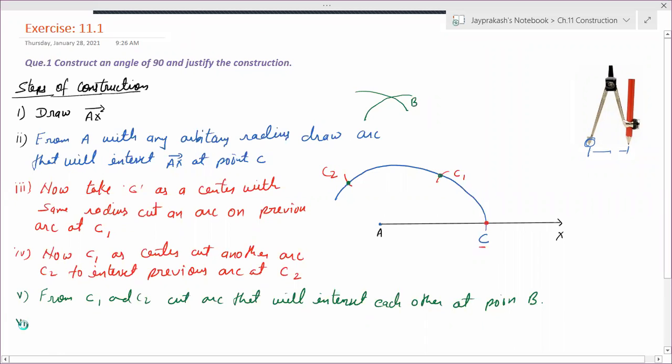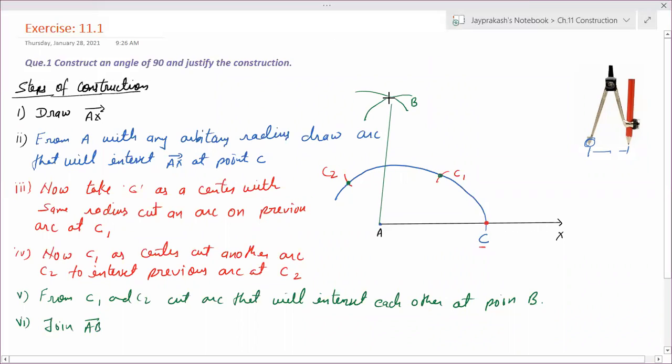Then the last step we will write here, join AB. So we will join A with B. We are getting the wrong position because it's not drawn by measurement.